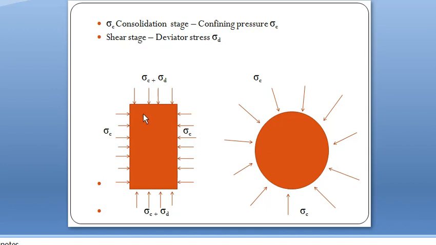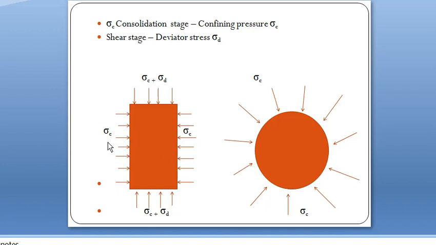First we discuss the elevation. If it is a cylindrical soil specimen, confining pressure will be applied in all directions. All-round confining pressure, sigma c, will be applied throughout the soil specimen, but deviator stress is applied to the top and bottom, that is compression. On the top surface and bottom surface there will be confining pressure and deviator stress, sigma c plus sigma d, but on the side surface there will not be deviator stress because it is applied to the top and bottom. So on the side faces there will be confining pressure only.